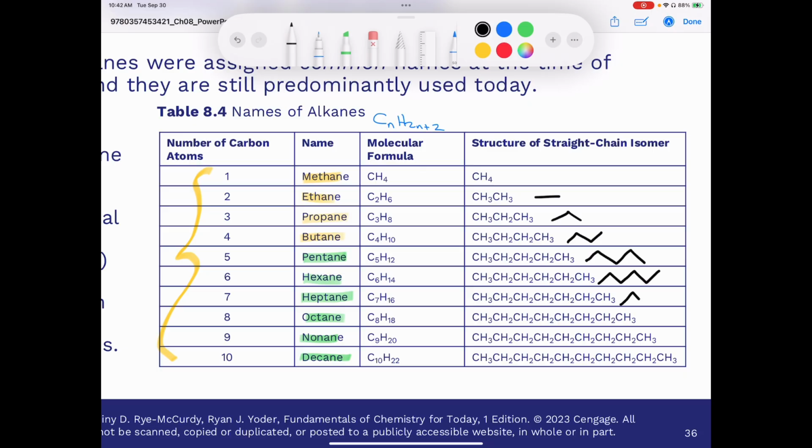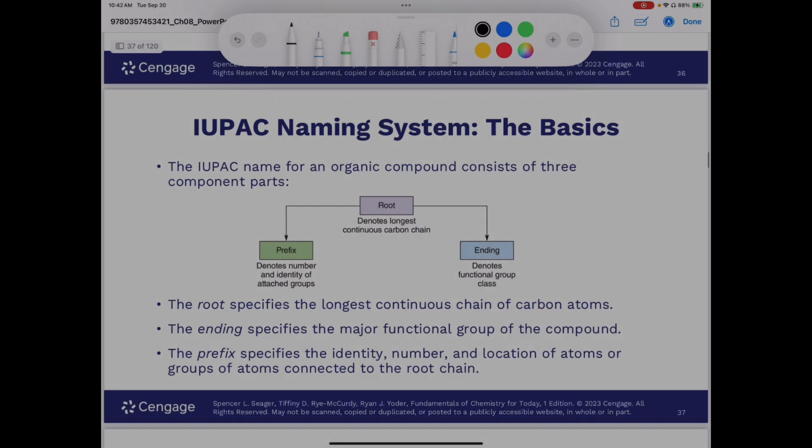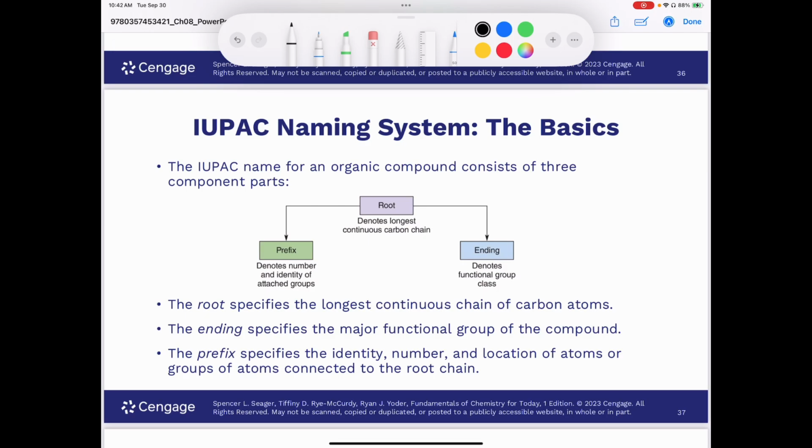Heptane would be 1, 2, 3, 4, 5, 6, 7, etc., etc. And so you can practice that if you want to. Now, when it comes to naming alkanes using the IUPAC, or International Union of Pure and Applied Chemistry, naming system,